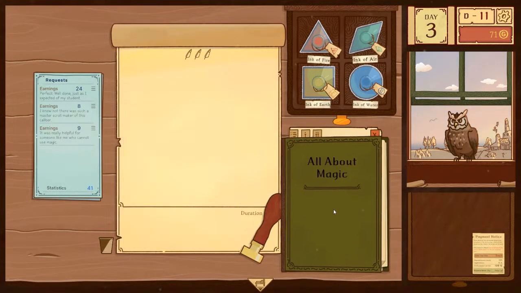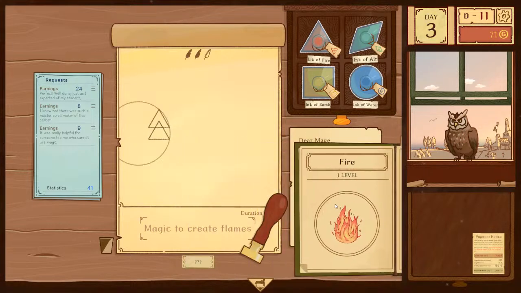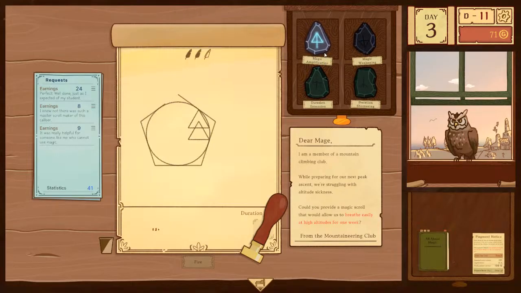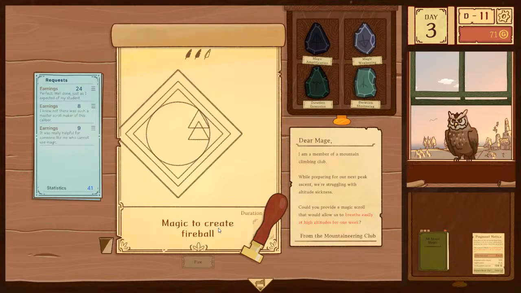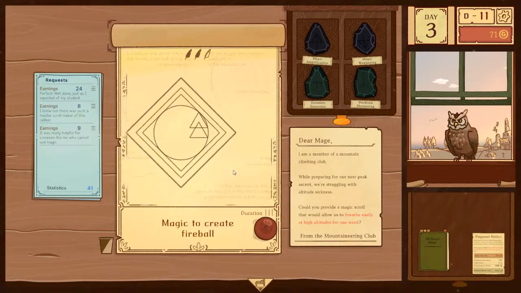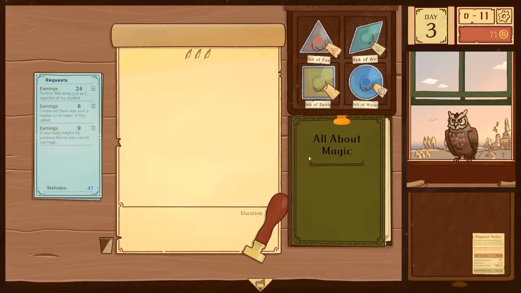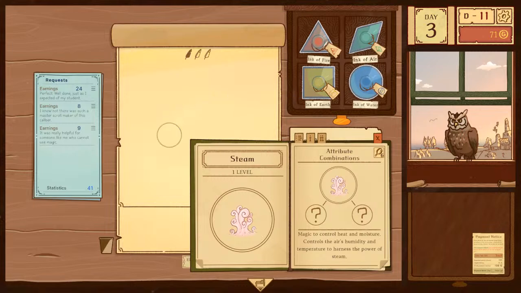Well, what I remember about breath is that I hated it. So let's see, what have we not done yet? Let's just go through and get some attributes. That's interesting. I broke it. I'm just doing this to see it. Yeah, that's very funny. Anyway, let's go through all the combinations and unlock all the spells. Steam, obviously, water and fire.